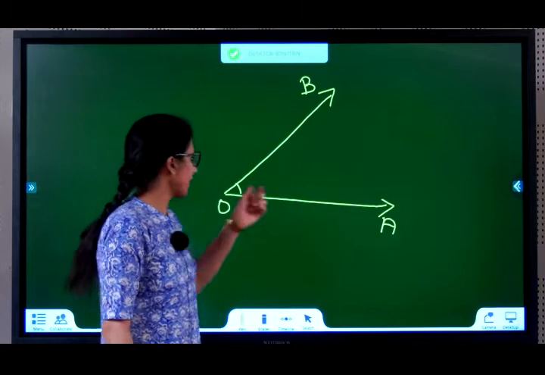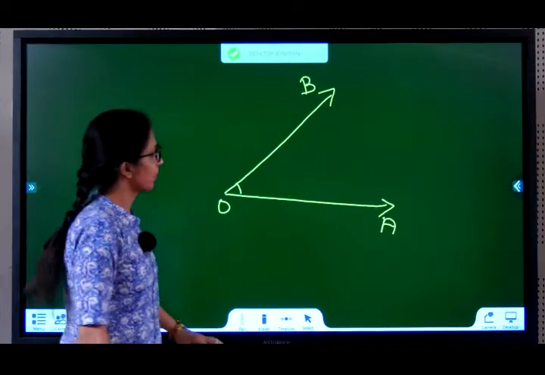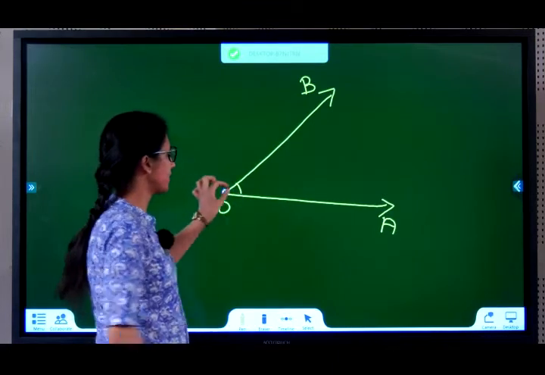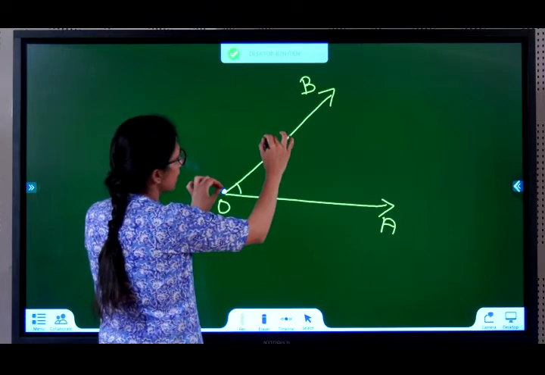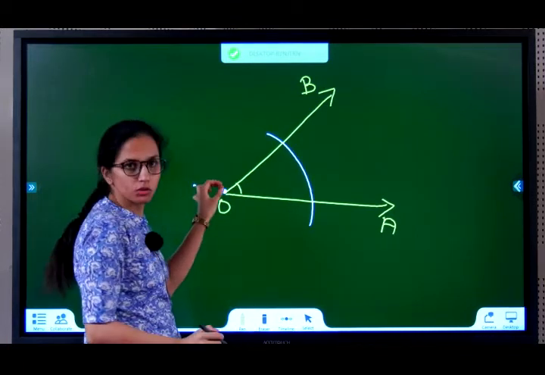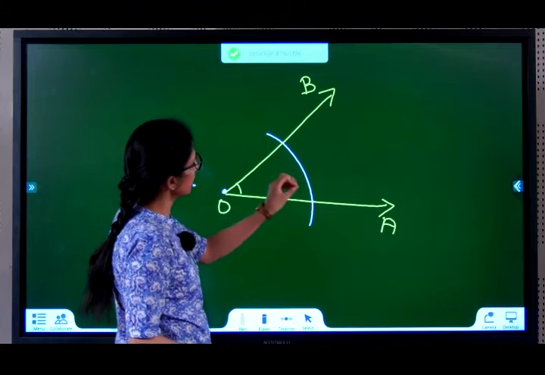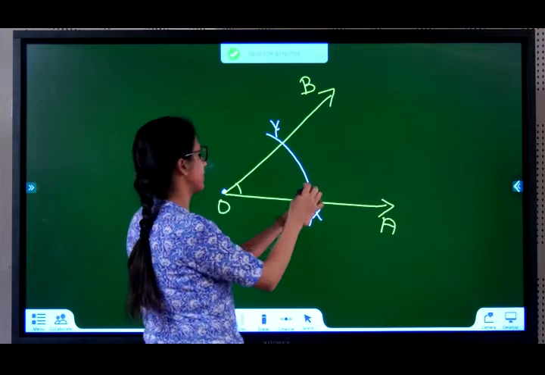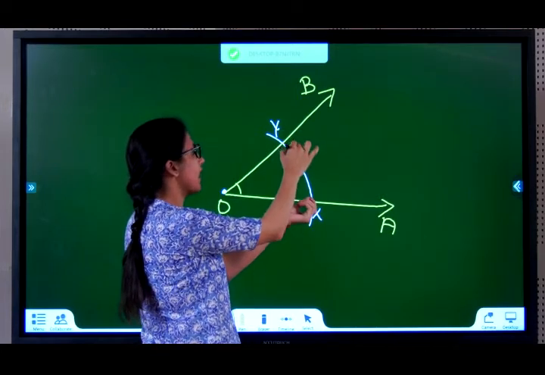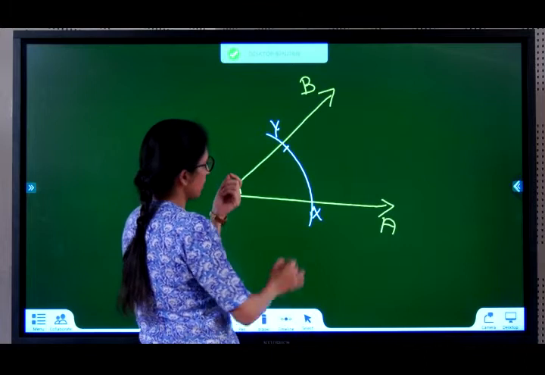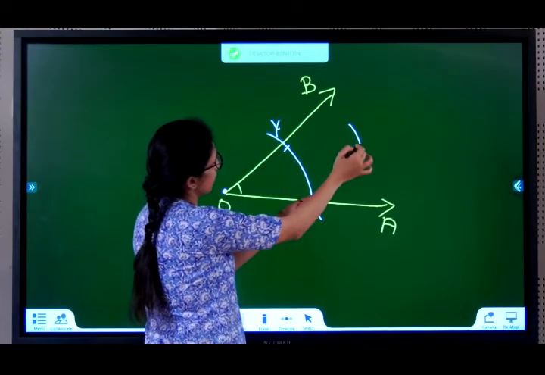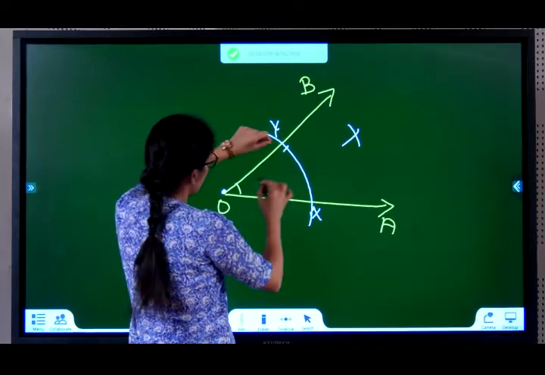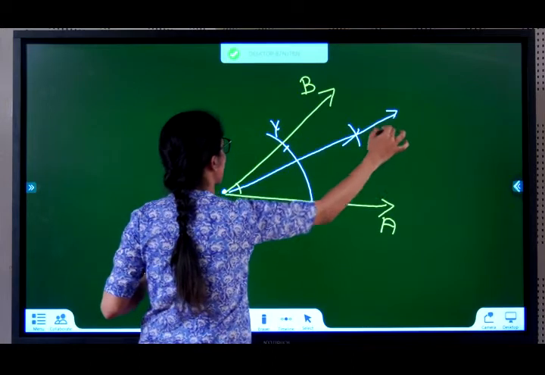Now we are going to learn how to draw an angle bisector. So you have AOB, there is some angle here. You need to bisect this angle. Keep O as your center, keep your needle on O and draw an arc using the compass. Now bring the needle over here. Let's name these X and Y. Bring the needle over here and measure more than half of XY, anywhere in between. Cut an arc. With the same radius, keep the needle here and cut an arc. Wherever it meets, that's your angle bisector.